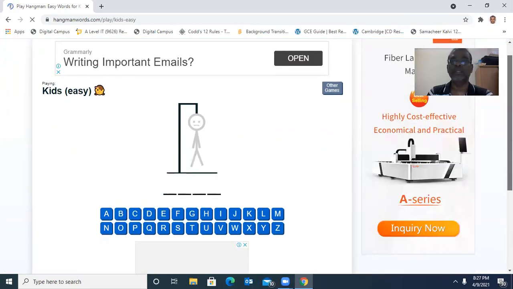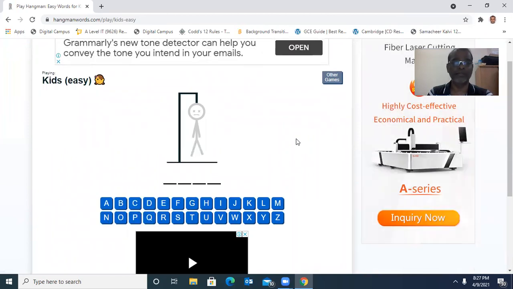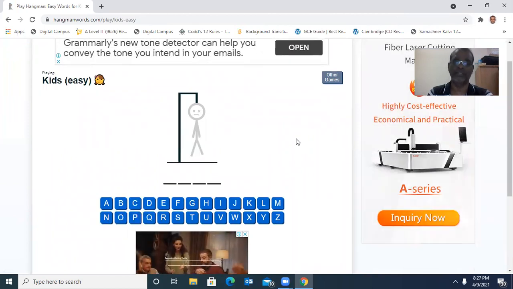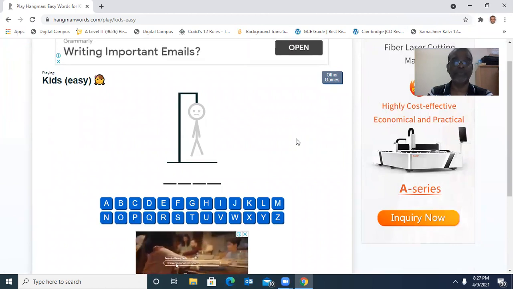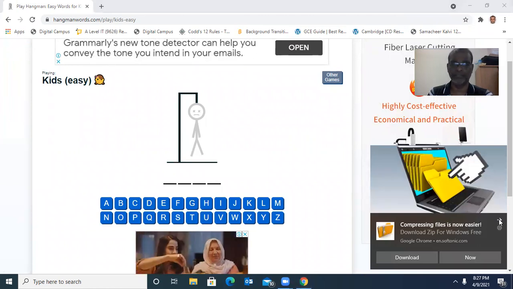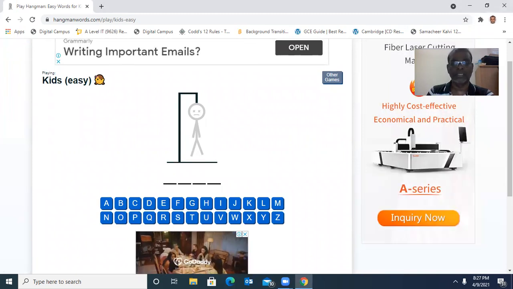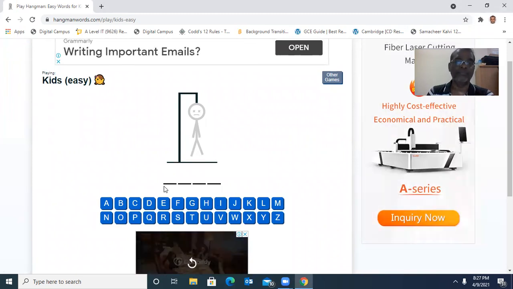In this game, one word will be randomly selected by the software itself. We have to find out the word, the already selected guess word. Here the guess word has 4 characters: 1, 2, 3, 4.